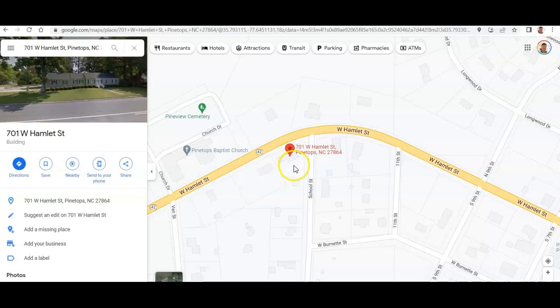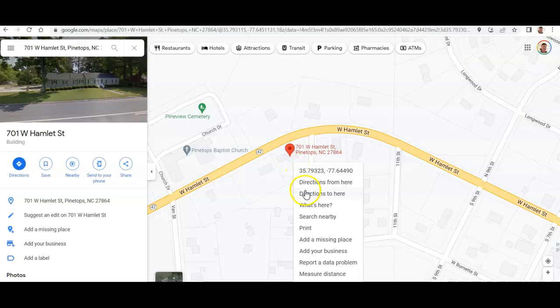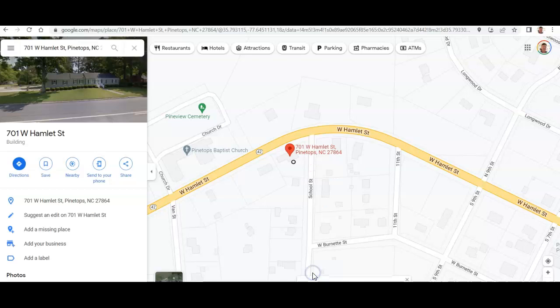So you're going to want to put the pin on your location, whatever your APN is or your address, legal description for your property. Then you're going to right click and it'll pull up a measure distance tool down here. So you click that and then you start on the corners of your property and you move the measure distance tool to the border